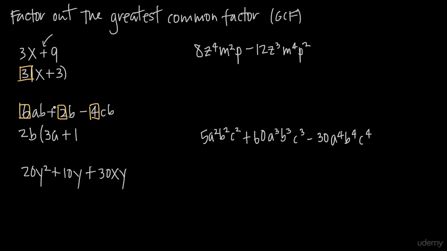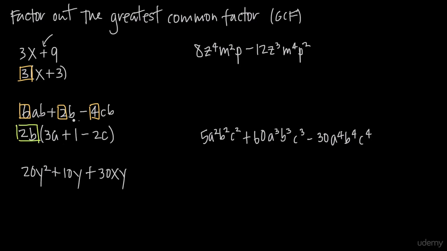Now, just as we kept our plus sign here, we're going to keep our minus sign here. What do we have to multiply by 2 to get back to 4? That's 2. What do we have to multiply by B to get back to CB? Well, that's just C, so we get 2C. That means that 2B here is our greatest common factor because we can't factor out anything additional from